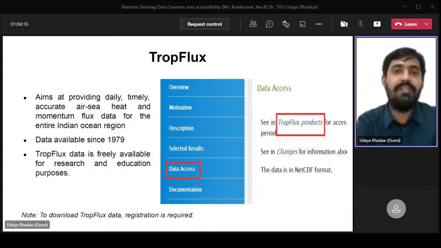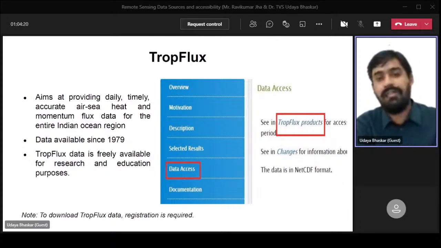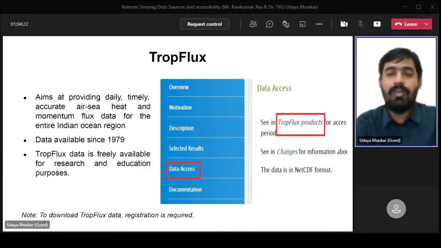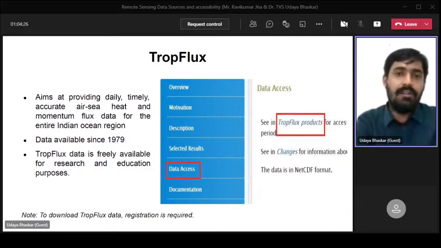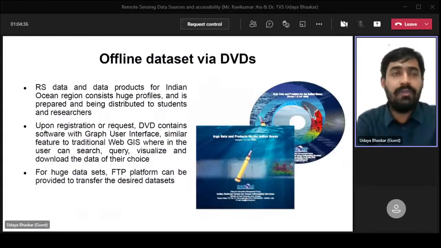But not only for this one, for any data we use, we should always provide a proper affiliation that we have used this data, through citations, or even a link or acknowledgement in any form. But if we receive lots of requests for data, like a large amount of data,